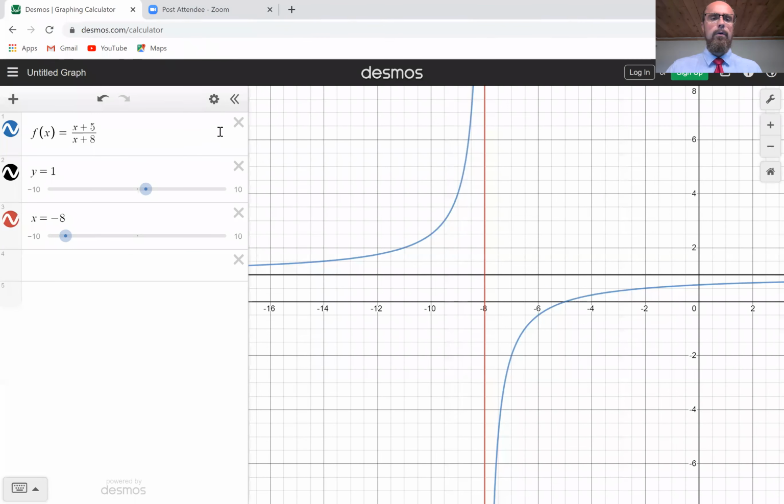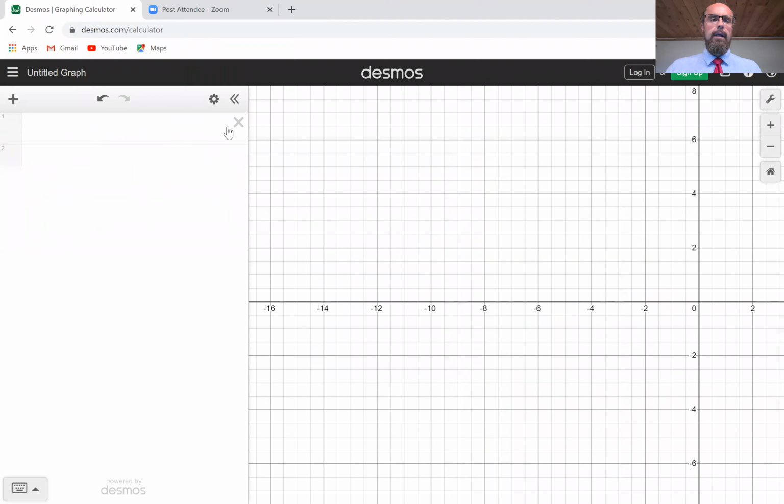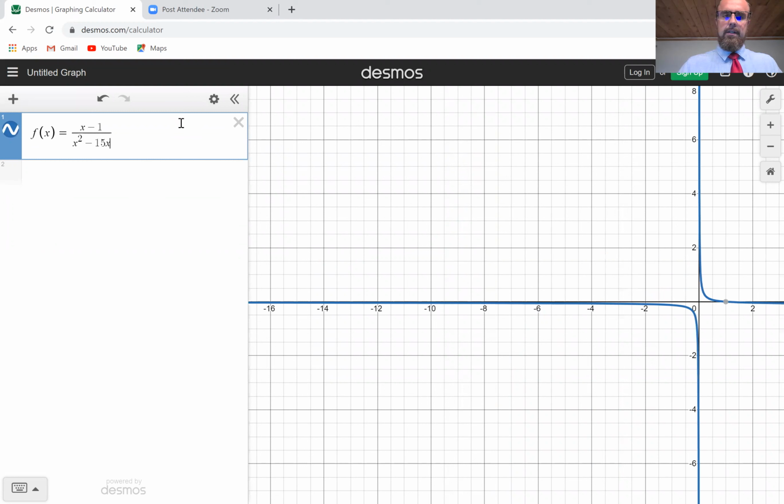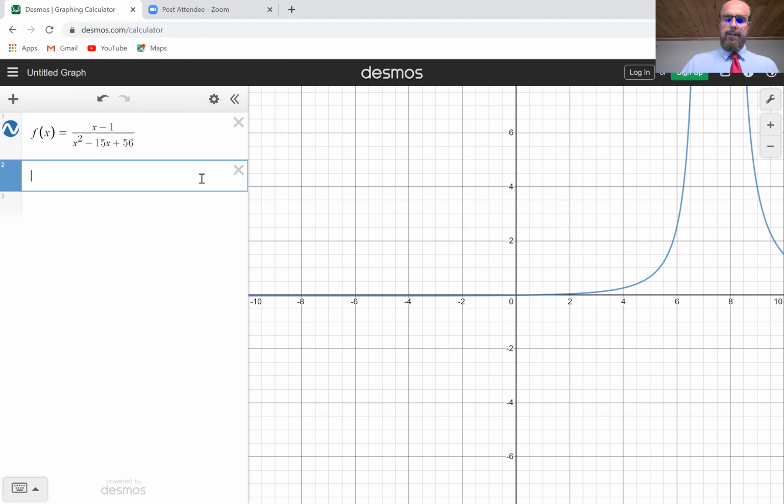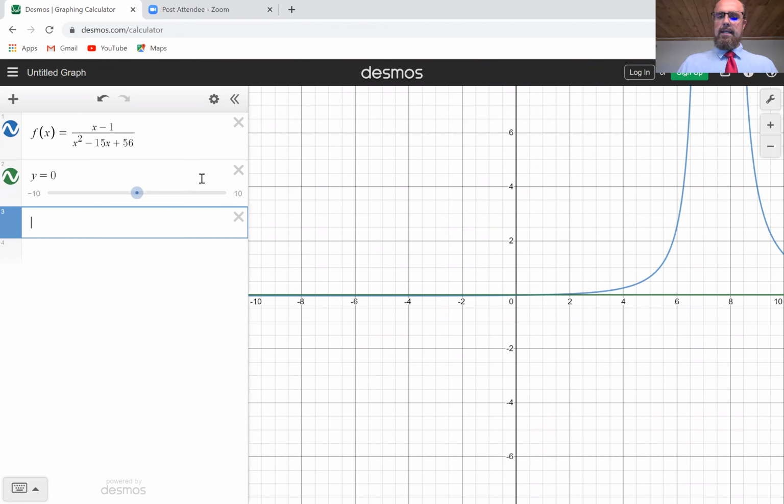We'll clear out the old function and type in our new function. So this is f of x equals x minus 1, and I'll put the unfactored form, x squared minus 15x plus 56. And I will go to the home place here. And so I'm seeing that the asymptotes we found seem to be pretty accurate. If I put the horizontal one in, y equals 0 at the x-axis, that seems to be pretty accurate to